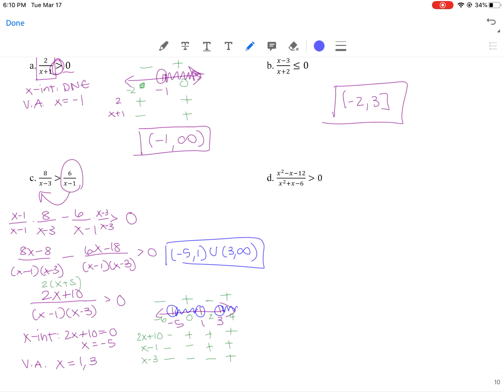For the record, if it had been less than, the only difference is you want the negative portion. And then if it is equal to, then you